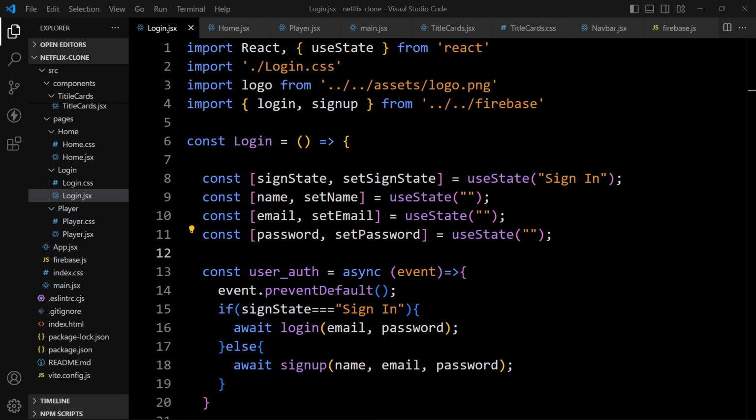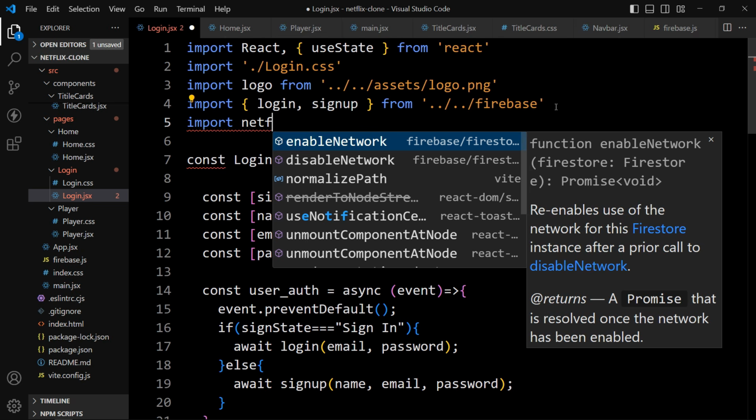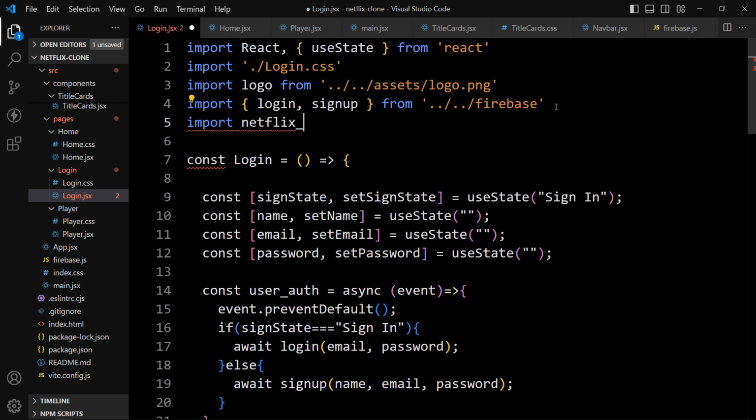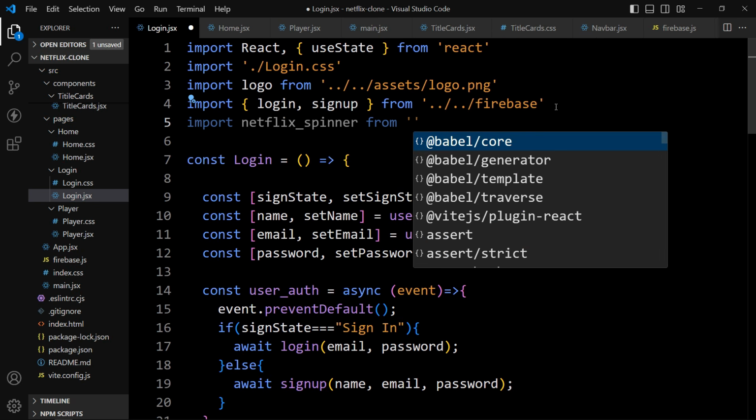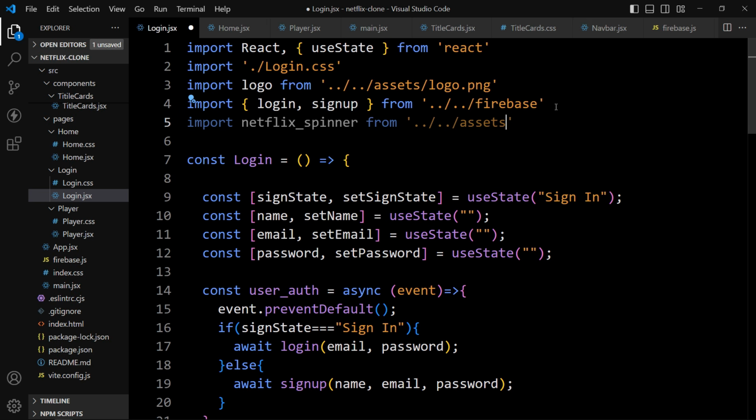For that, first we will import the loading GIF file. So let's add import. We will add Netflix_spinner from. Then we will provide the path, it is assets folder.